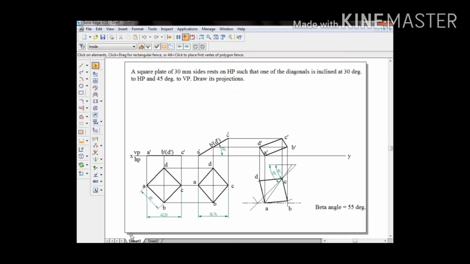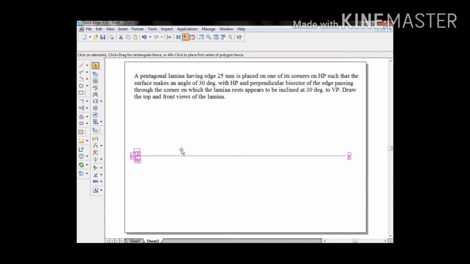So we'll start with the problem. Let us draw the XY line, XY, VP, HP. Now we'll straight away go to the solution. We'll start solving it, again using the line method.